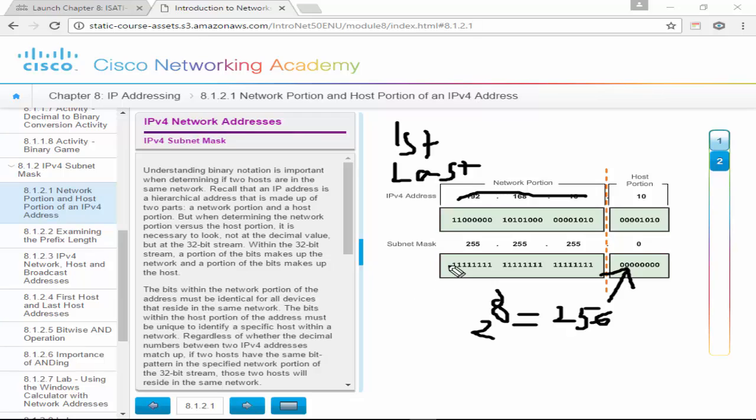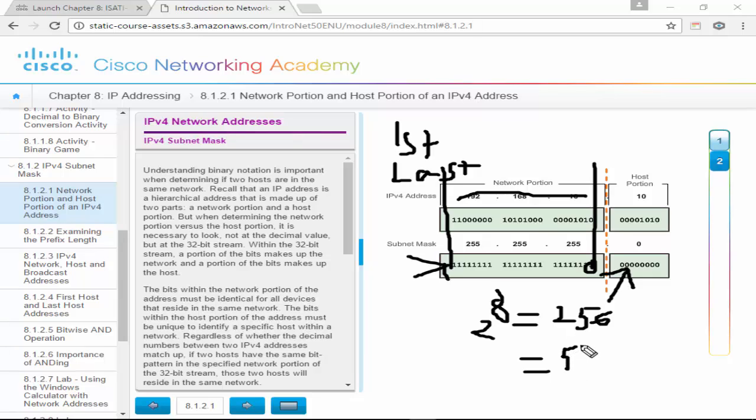These ones are network bits, they tell us where the network is. Our host bits just tell us how big our network is, right? So if I had another 0 here, then I'd have 2 to the power of 9, which equals